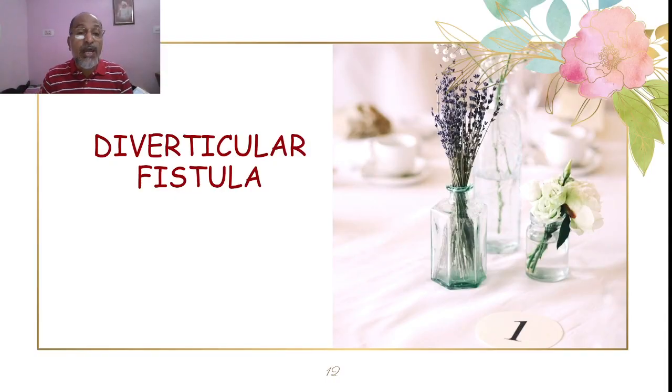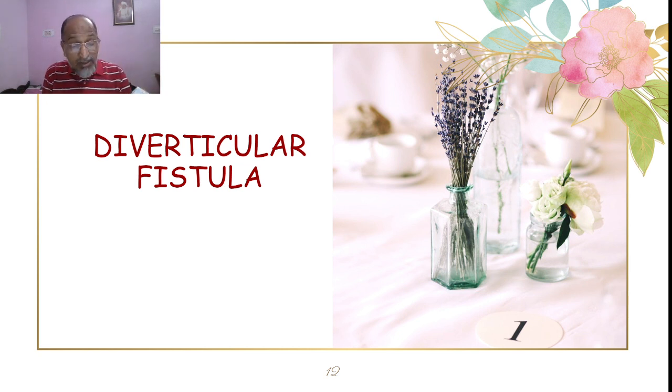Then sometimes the mass, the paracolic abscess, perforates and drains into the adjoining structure like the bladder, because it is the lower quadrant. The bladder and the sigmoid colon are neighbors. Similarly, the sigmoid colon and the vagina are neighbors. So if the mass develops in the sigmoid colon area and perforates, suppurates, and drains, and this drain involves the adjoining structure, there may be a formation of a colovesical fistula or a colovaginal fistula,